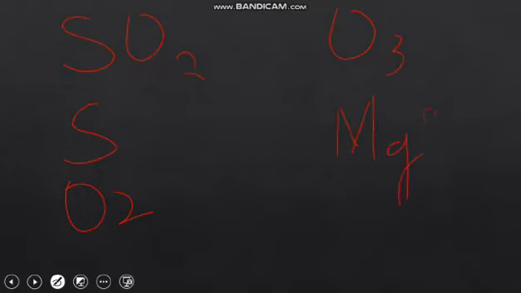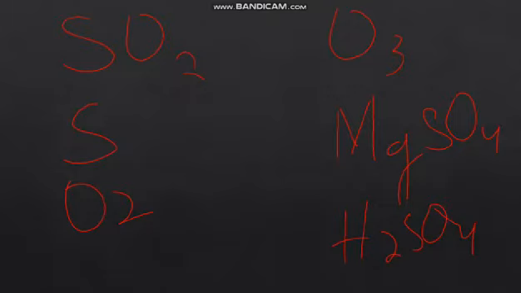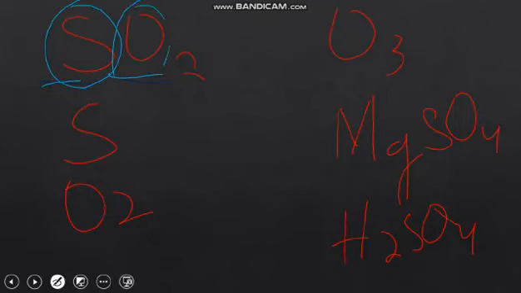What is this? What is this? Here we have two types of elements, sulfur and oxygen. There are two different kinds of atoms, so we're going to say it is a compound